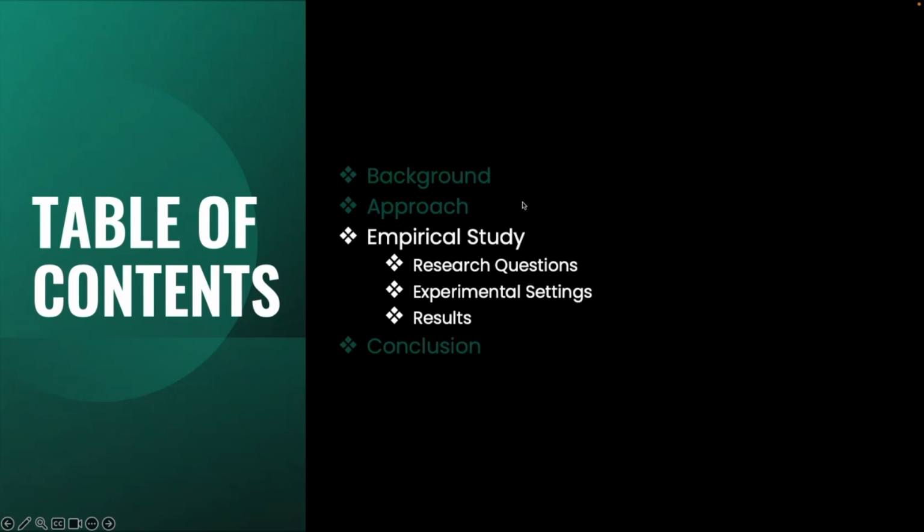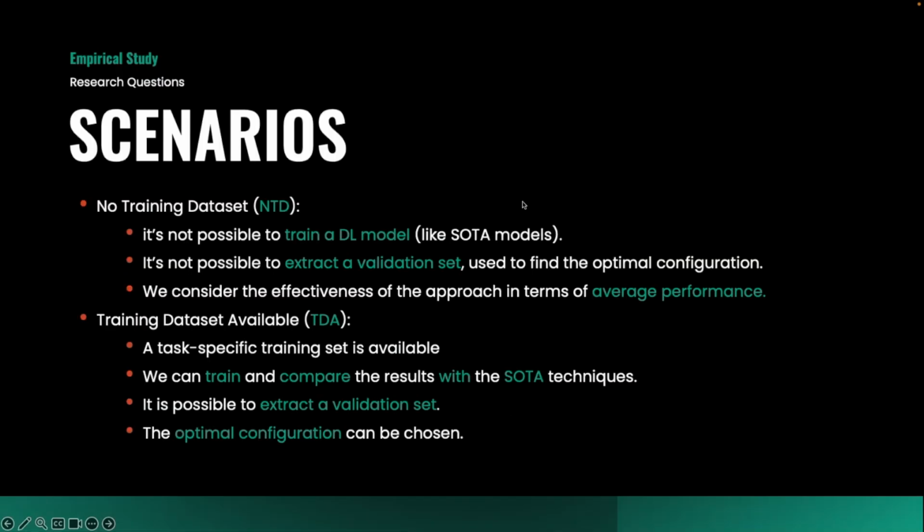Now we can go to the empirical study. Basically, we introduced two different scenarios. The one that is called no training dataset. The no training dataset scenario is one in which it is not possible to train a deep learning model like the SOTA models to do XSS or SQLi detection. And it's also not possible to extract a validation set that we can use to find the optimal configuration of the LLM. What we can do is basically just try all the possible combinations for the LLMs, like temperature, number of examples, RAG, no RAG, and